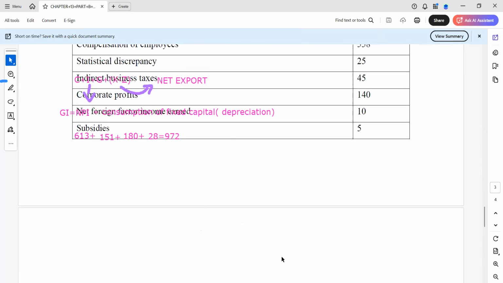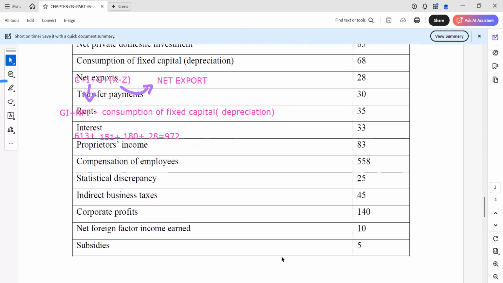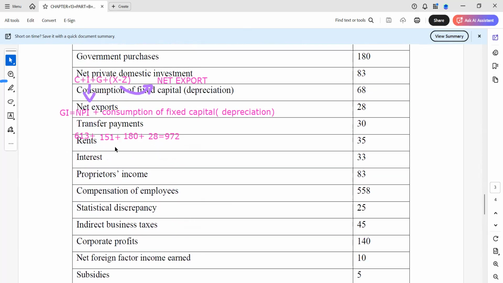Okay, so let's start from the top. I'm just going to highlight everything that we have to add. Is that fine? I hope it's fine. I'm not going to write it down. Let me just remove this one first. As you guys saw how we calculate using the expenditure method, so now